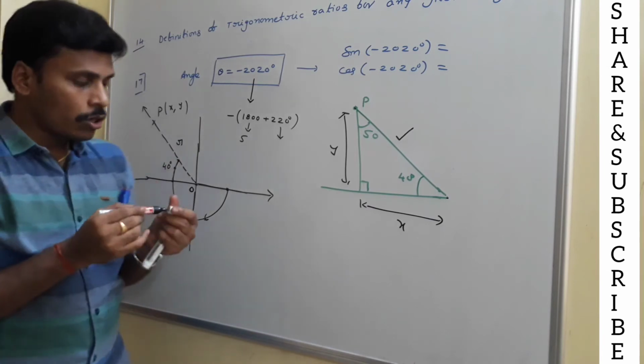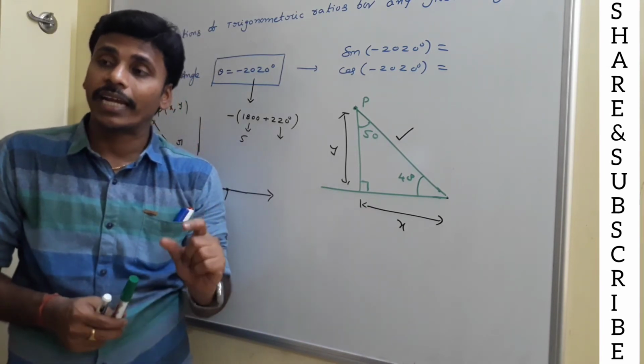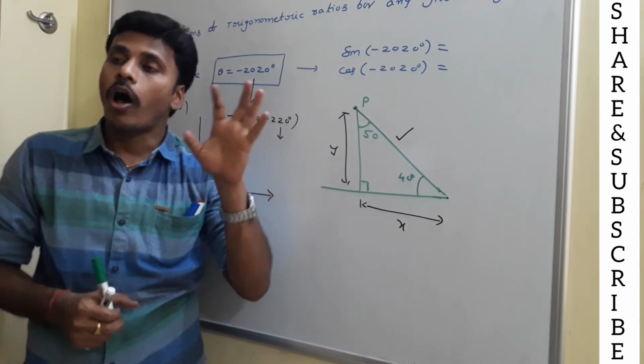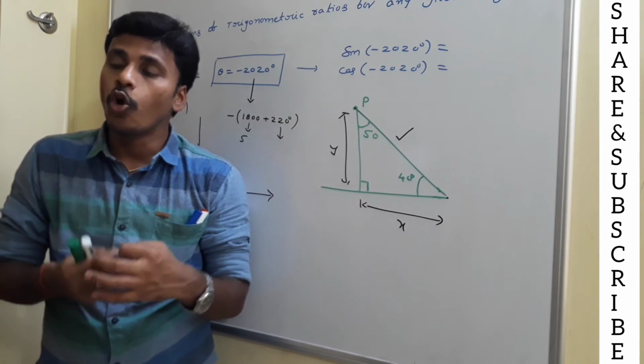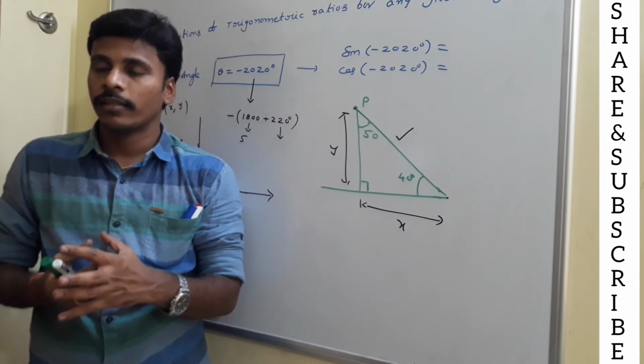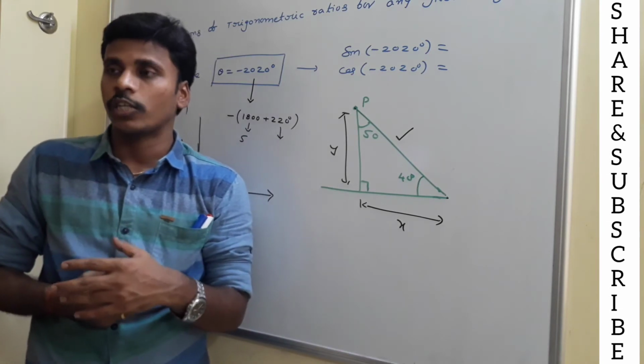To measure these lengths with a scale, you need to draw an exact terminal ray for the given angle on graph paper. That's what I am telling you. Then what are the known angles and what are the unknown angles? That means what are the frequently used angles and what are the rarely used angles.